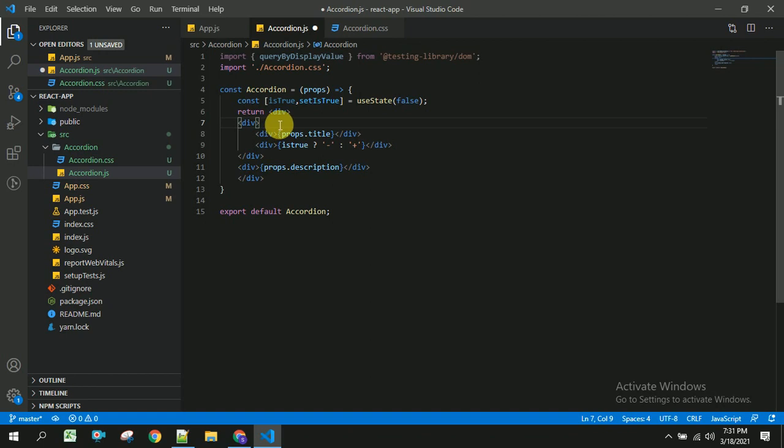So once user clicks on this title, I am going to call an event called handleShowHide.